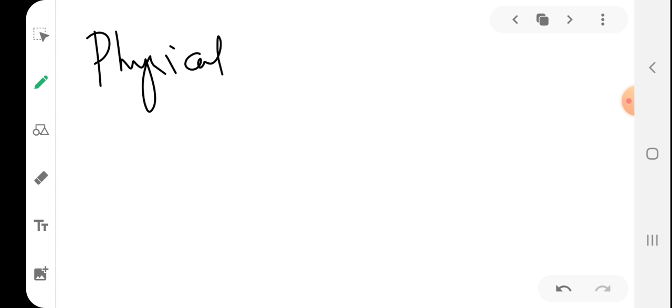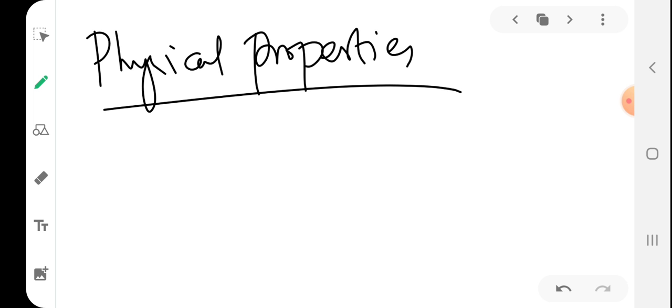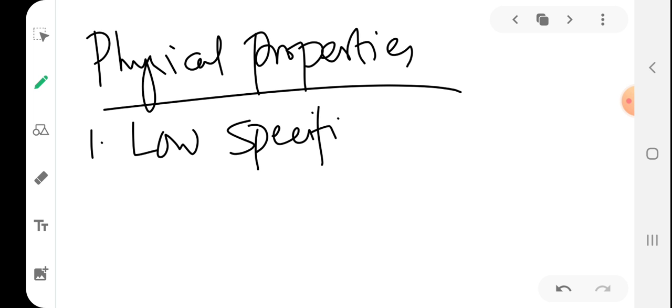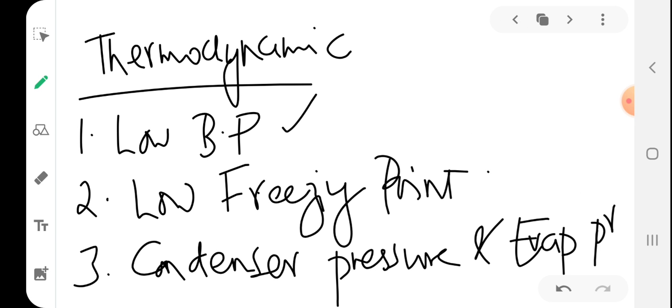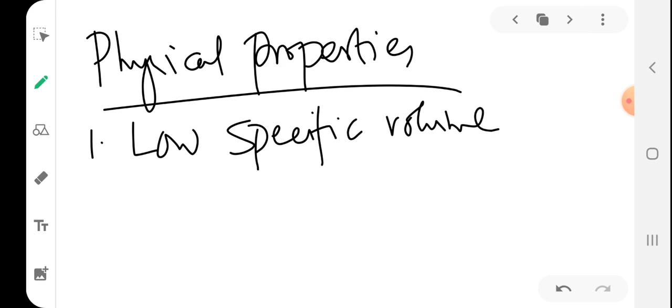Now we will move to physical properties. Physical properties: it should have a low specific volume of vapor. Low specific volume of vapor. Vapor specific volume should be low, which means